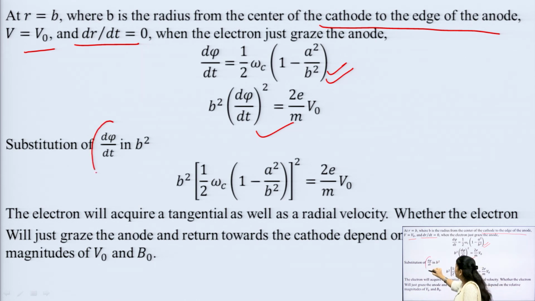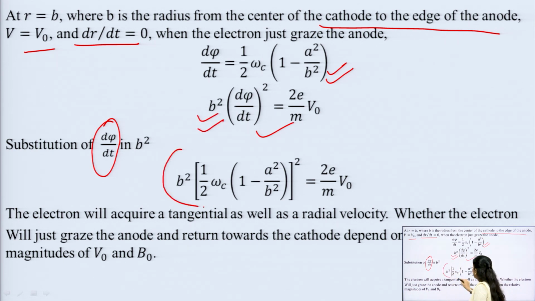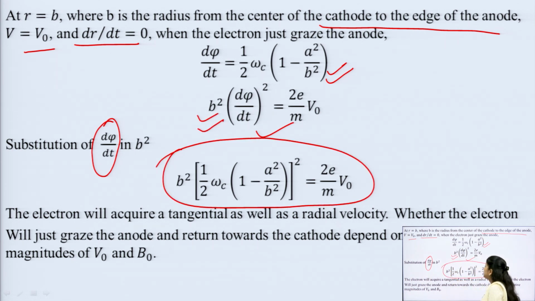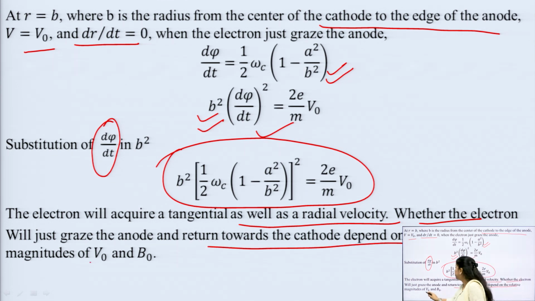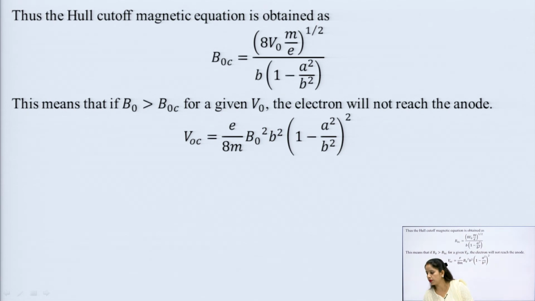Now, we substitute the value of d phi by dt in this expression, and on this we are getting this value. Though the electron will acquire a tangential as well as radial velocity, whether the electron will just graze the anode and return towards the cathode depends upon the relative magnitude of V naught and B naught. Whether the electron will graze the boundary of the anode or return back depends upon the values of V naught and B naught. So, the value in this particular case is given by the magnetic cutoff, that is B0c,